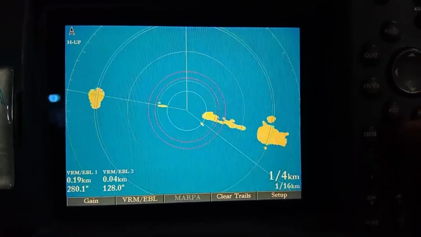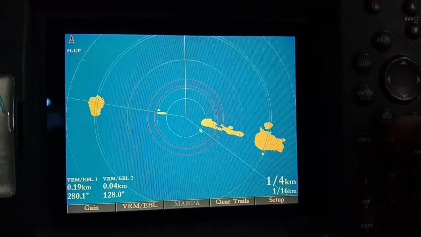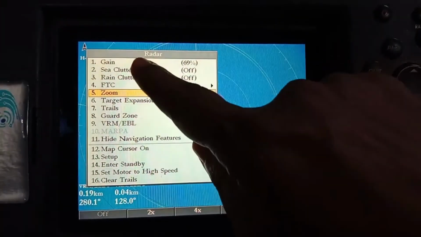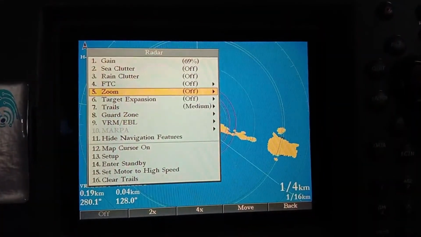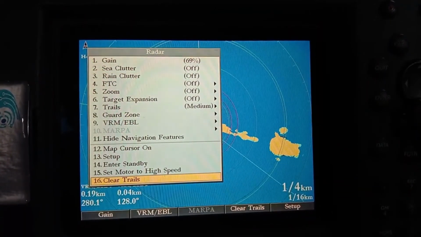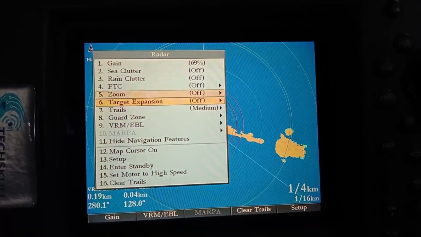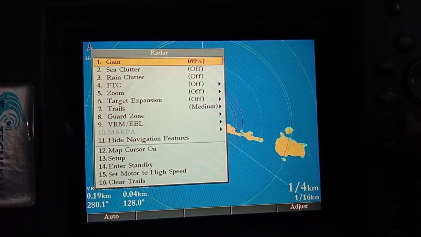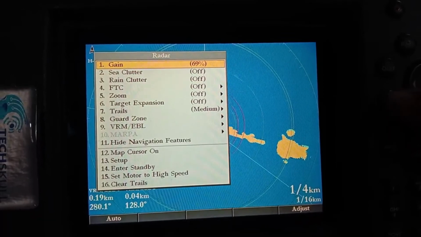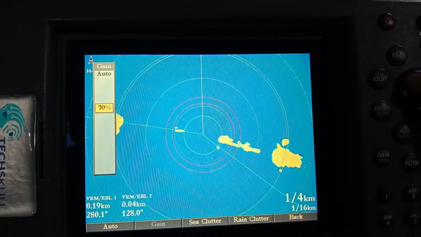Describing the features of PPI, this is the adjust button. As you have seen here, the first is gain. Right now the gain is 69%. If you increase it to 100%, what will happen? Just click enter and increase the gain.